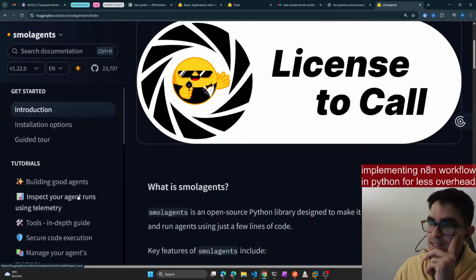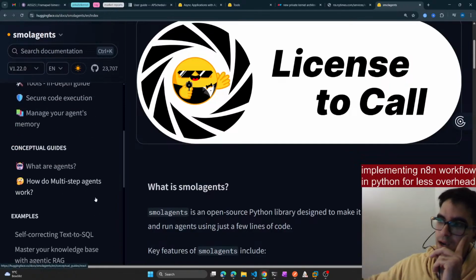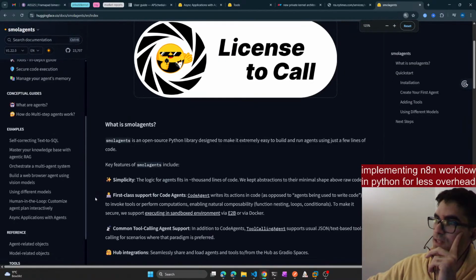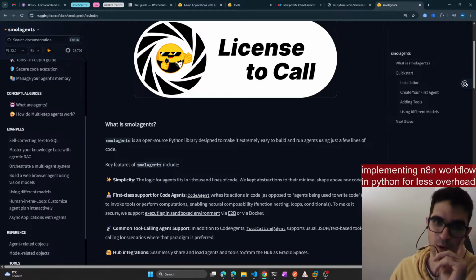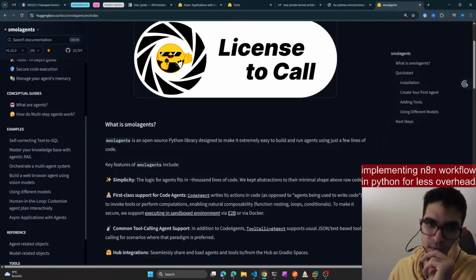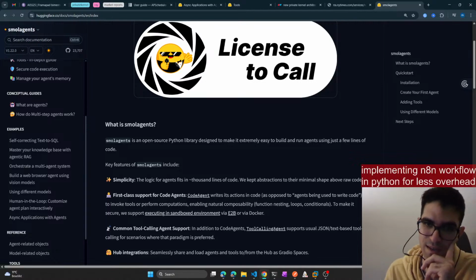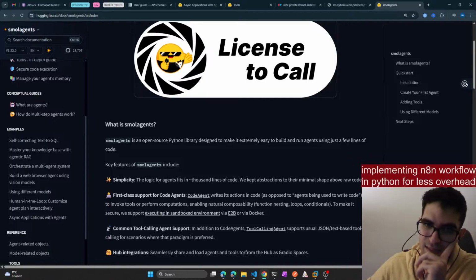And you can also take your time and read through the documentation. It's super lightweight, and I think it's one of the good starting points if you want to start with these agentic workflows. But yeah, of course, the thing that you need is Python.